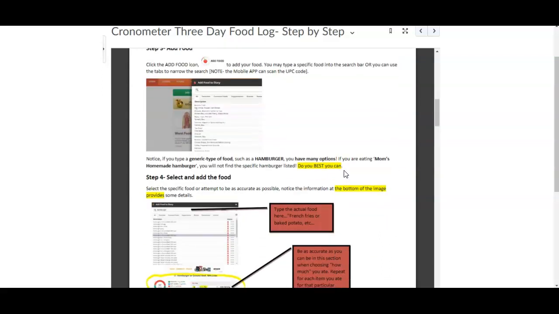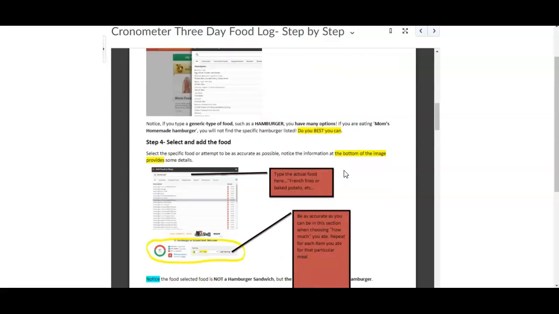So what you're going to do, as I stated, you are going to log in and then log 3 days of whatever you eat and drink for that time. Be honest, you don't get graded for whether you have a stellar diet and you get 100, or you have a terrible diet and you get a 0. Doing the work and getting some insights into 3 days of your life, that's 1/120th plus of a year. So I'm not going to judge you, so please don't judge me on what I eat.